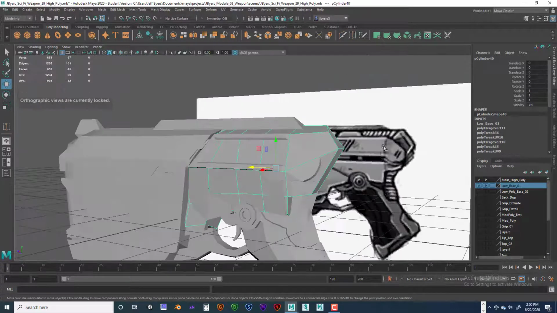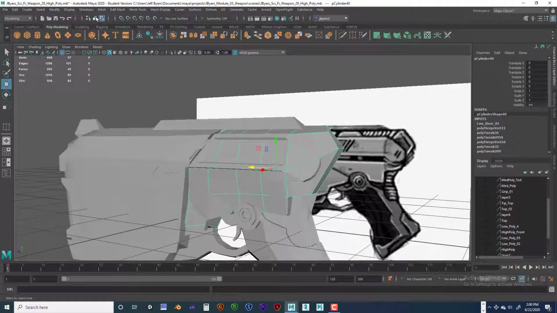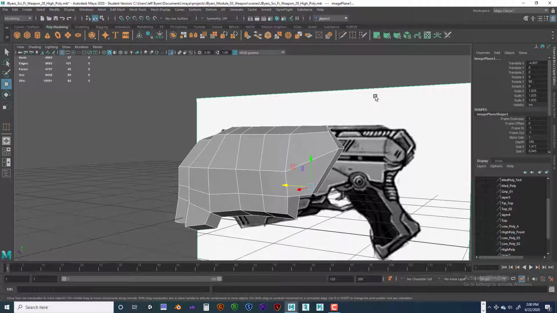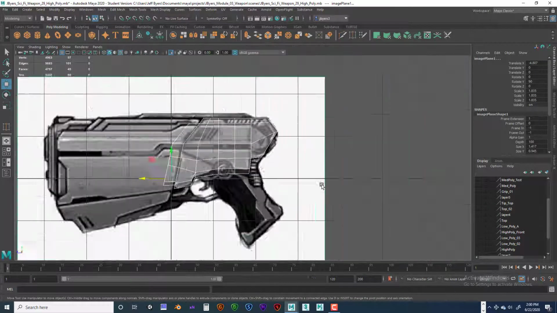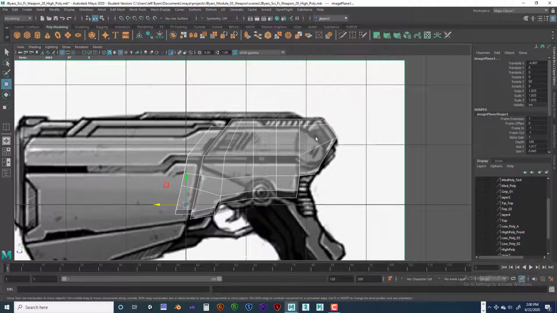Alright, so go back in here and select these two again. Make sure I'm in object mode so I can get this guy. There we go, Control 1. I think we're already in here. We're good to go here. Alright, so I need to add a lot of detail into this area here. You can see this area is kind of exposed. So let's go ahead